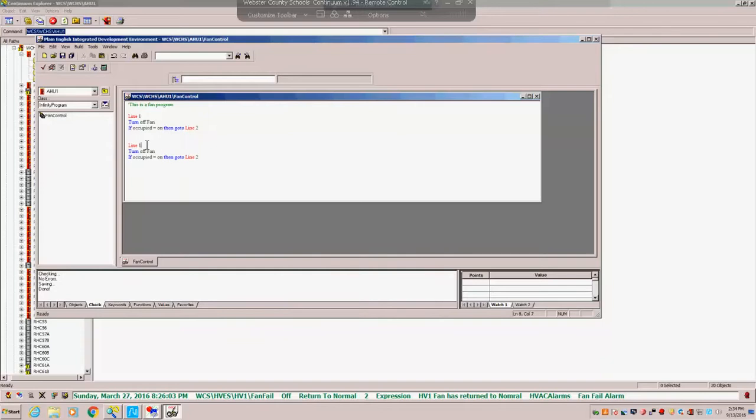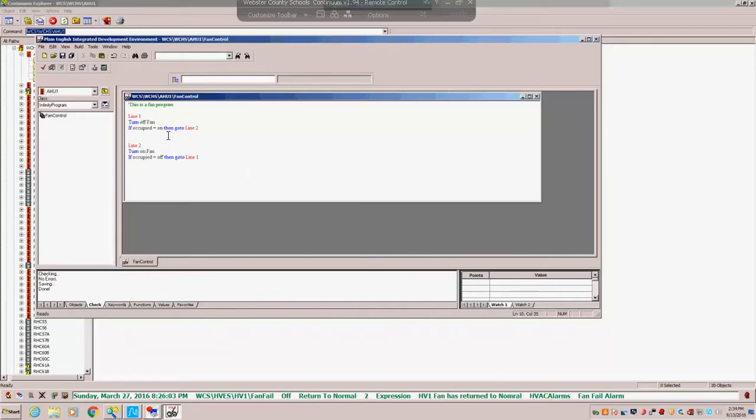Copy that. This will be line 2. On this one, I want to turn the fan off if occupied goes off. So what this does, if I save that,